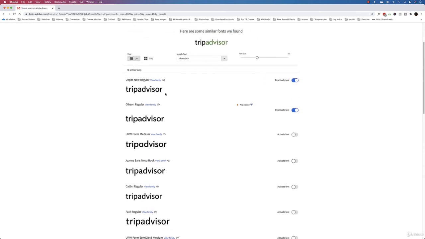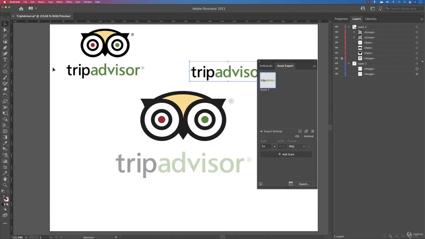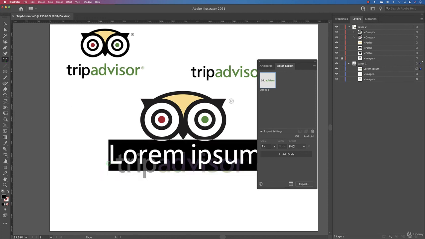The first one seems quite good. And actually, I have the font. If I didn't have it, I would just activate it. We've seen that. It's called Depot New Regular. I'm going to copy this because I'm very lazy. Come back to Adobe Illustrator and write something. Actually, write